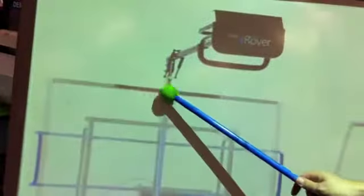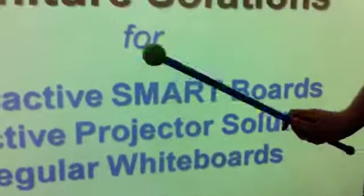Right. The pointer takes the consultant's way of using a tennis ball with that of a pointer and combines the two so that the child actually can drag the item down and keep it to the touch of the board at all times. Sweet. So reducing teachers having to redo the students' work. Okay. Now, I'm going to walk around it just because it's a really neat little...